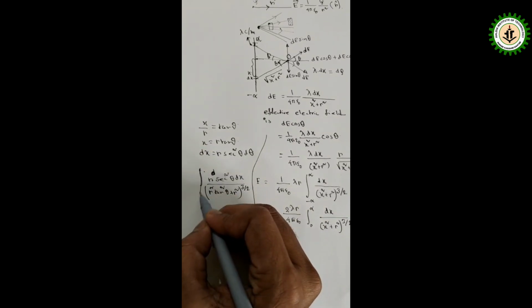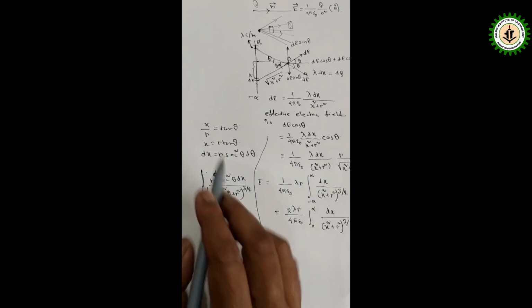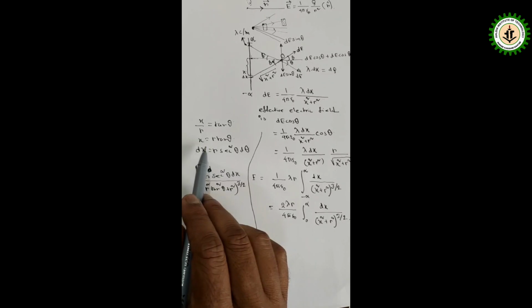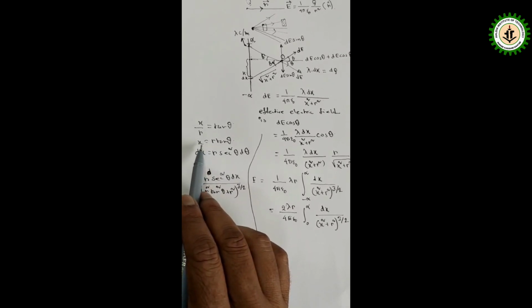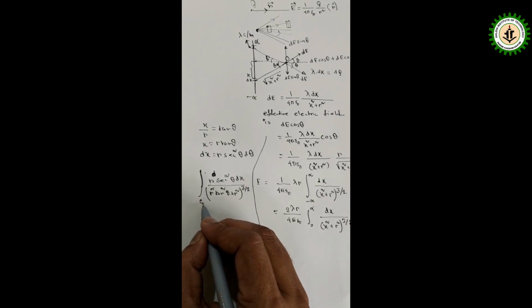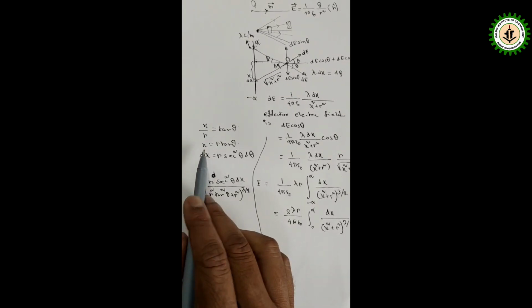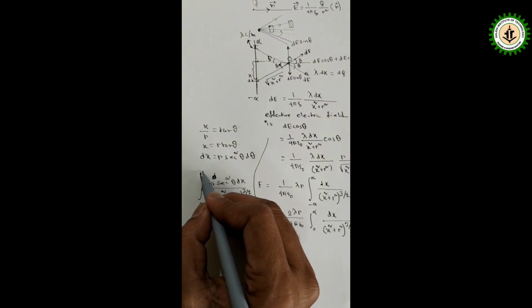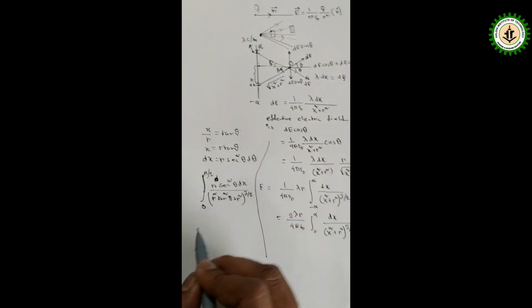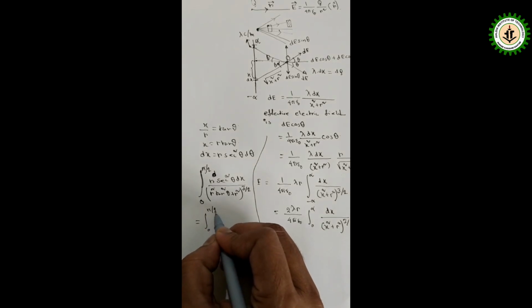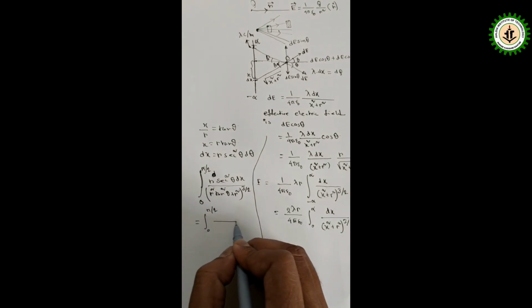And at the same time I have to change the limit also, because x equals r tan theta. So what is the lower limit of x? The minimum value of x equals 0. Based on that I can write the lower limit of theta equals 0. And what is the maximum limit of x? The maximum value of x equals infinity. So when I put x equals infinity, I get theta equals 90 degree, or I can write that is pi by 2. So now I can write 0 to pi by 2, r